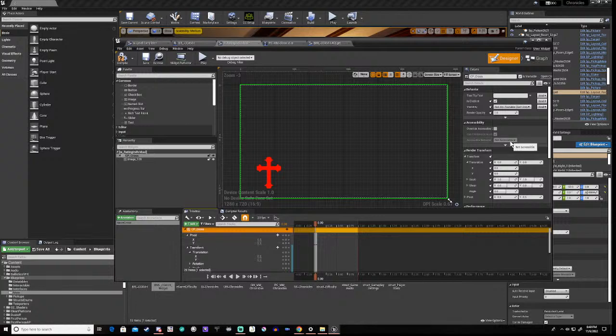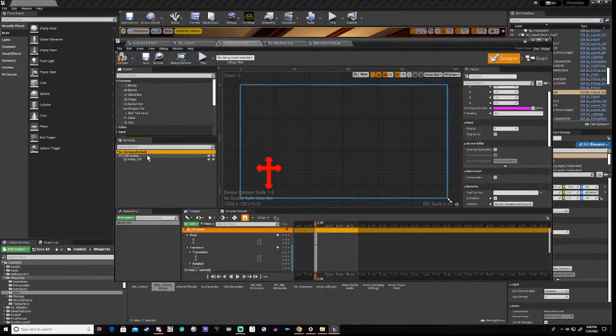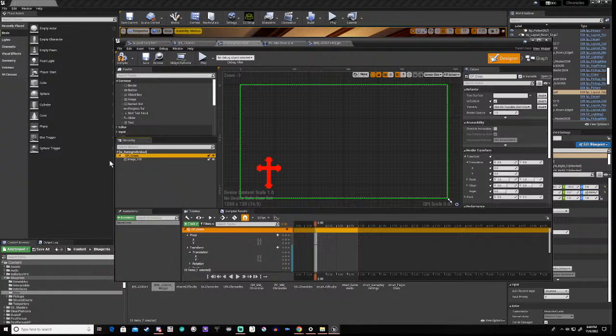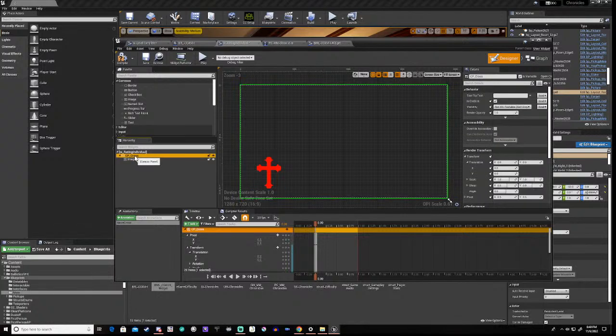Could we do it with a pivot? Actually, no, it's because this doesn't really have